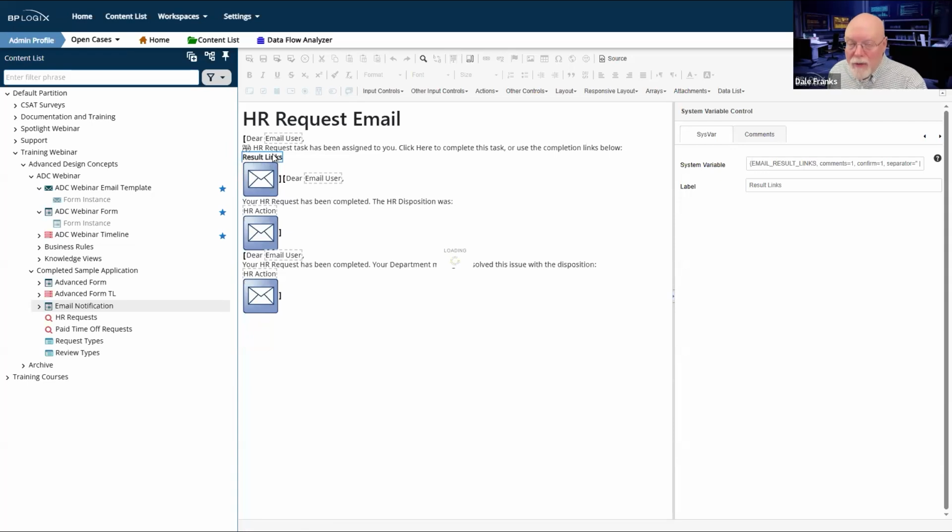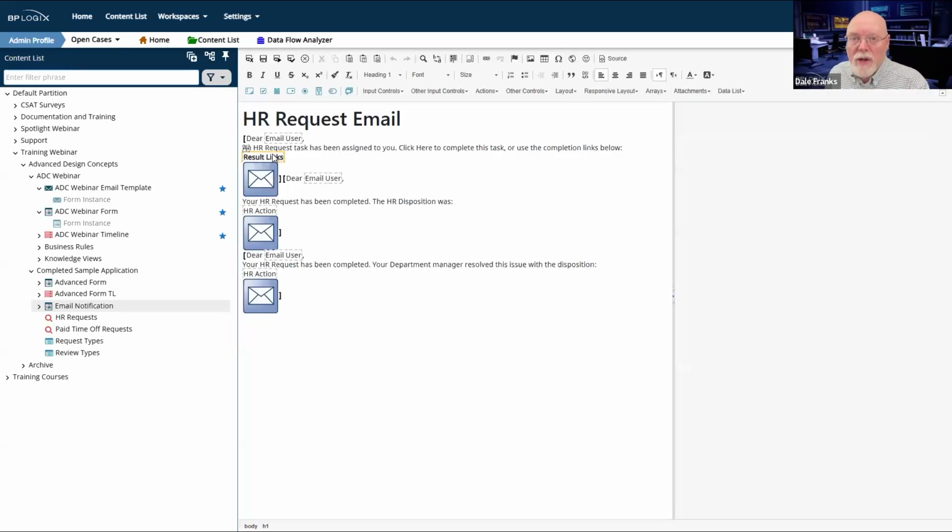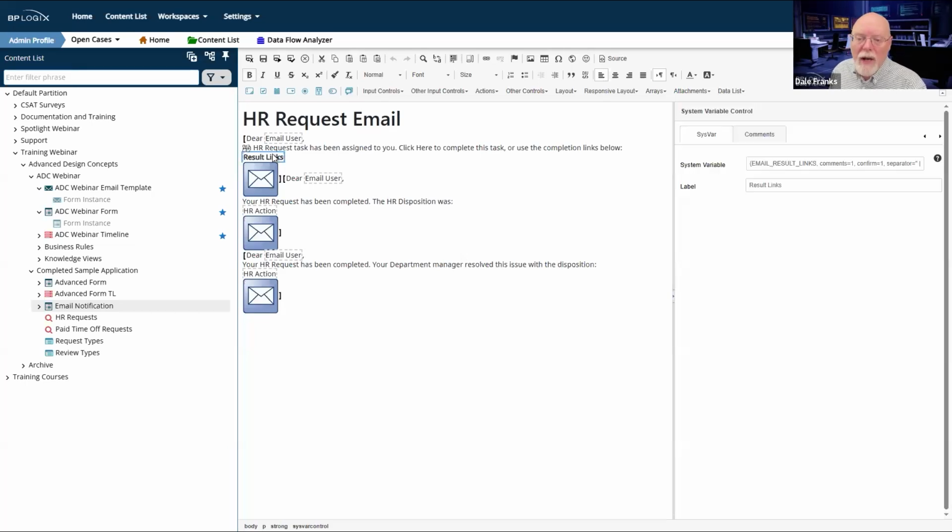If I'm going to give you result links, then I need to tell you enough information about the request to enable you to make the decision via email. So the use of one of the result completion formulas implies that I'm going to have to give you all of the information that you need to make a decision.